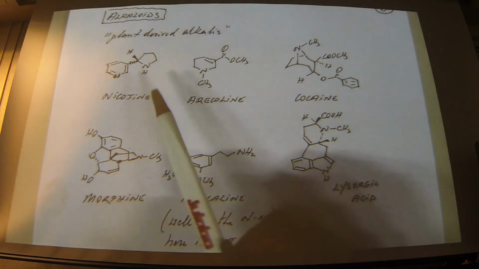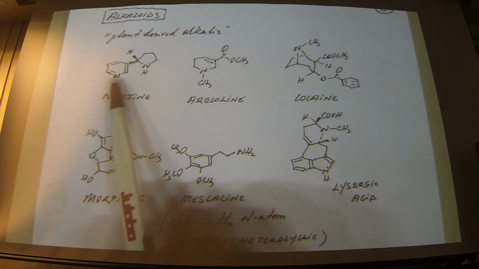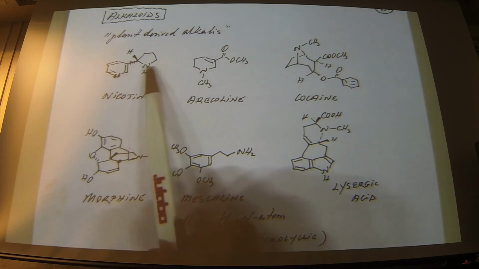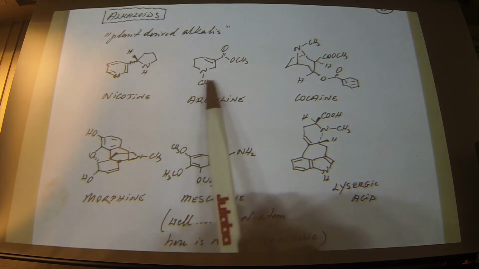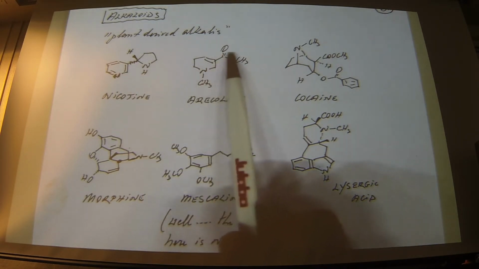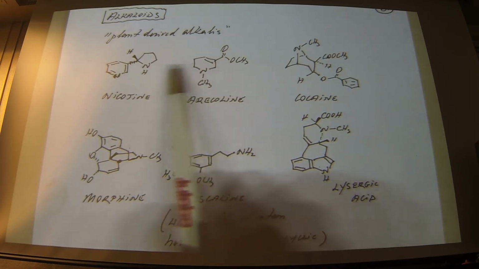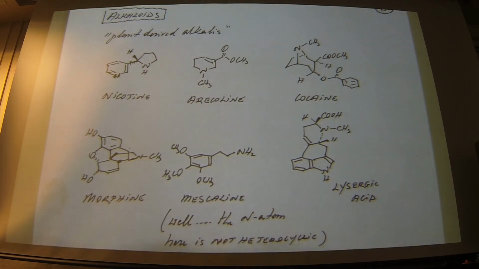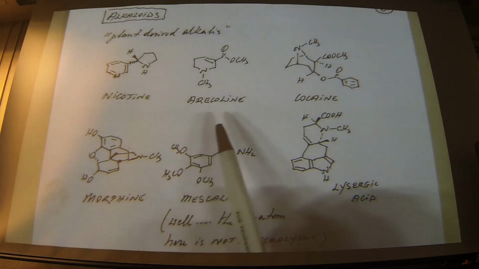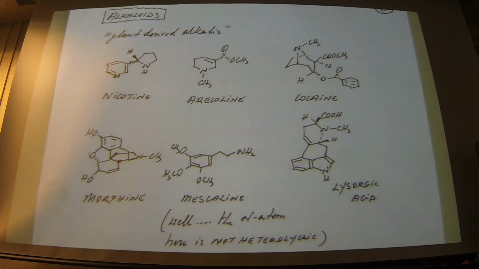So nicotine is an alkaloid. We've seen this before. It has a pyridine and a pyrrolidine, so this is nicotine. Arecoline is a simple compound, doesn't have any stereochemistry. Notice this has a single stereo center. Nicotine is found, of course, in tobacco, where it serves, by the way, as an insecticide. In the good old days, nicotine was used as an insecticide. And